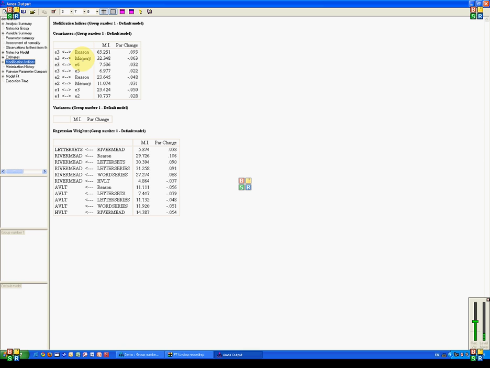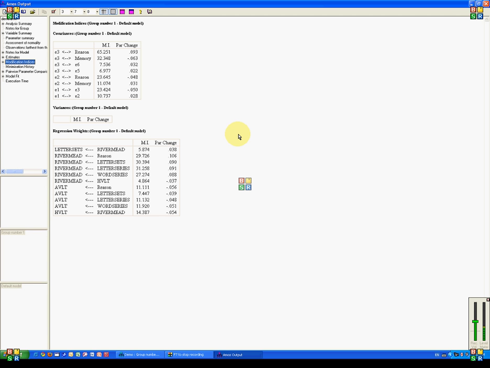E3 and E2 correlated with reasoning and memory. These are not good to free up. One typically never wants to free up a uniqueness with a factor correlation. It damages the internal consistency and interpretability of the factor. So when people free up correlated uniquenesses, they usually do so